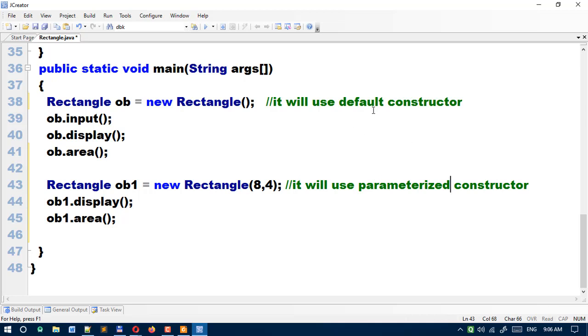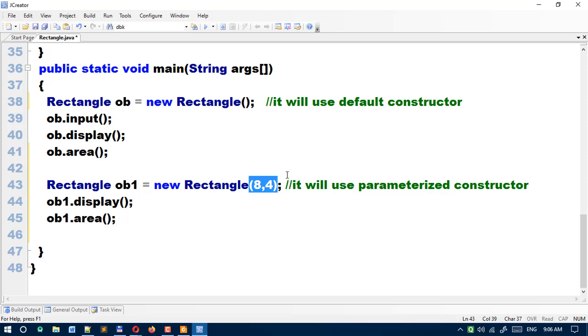Now you can see the difference between these lines. Here there are no parameters, so it will use the default constructor. Here there are two parameters, so it will use the parameterized constructor. I hope you now understood how we have used the different lines.